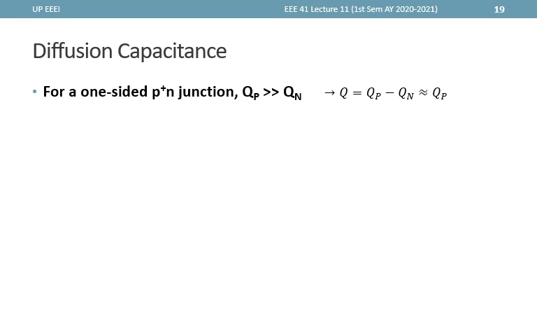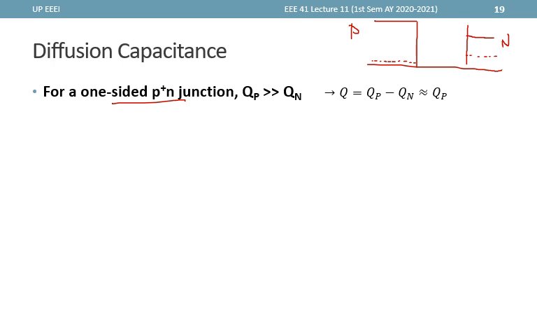Now, starting with our diffusion capacitance, let's say we consider a one-sided junction, P plus N. So assuming that the P side is at the left side and the N side is at the right side, then P plus N will have a very large majority carrier concentration at the P side and a smaller majority carrier concentration at the N side, and therefore the thermal equilibrium values for the minority carrier concentration will be very small at the P side and slightly larger at the N side,